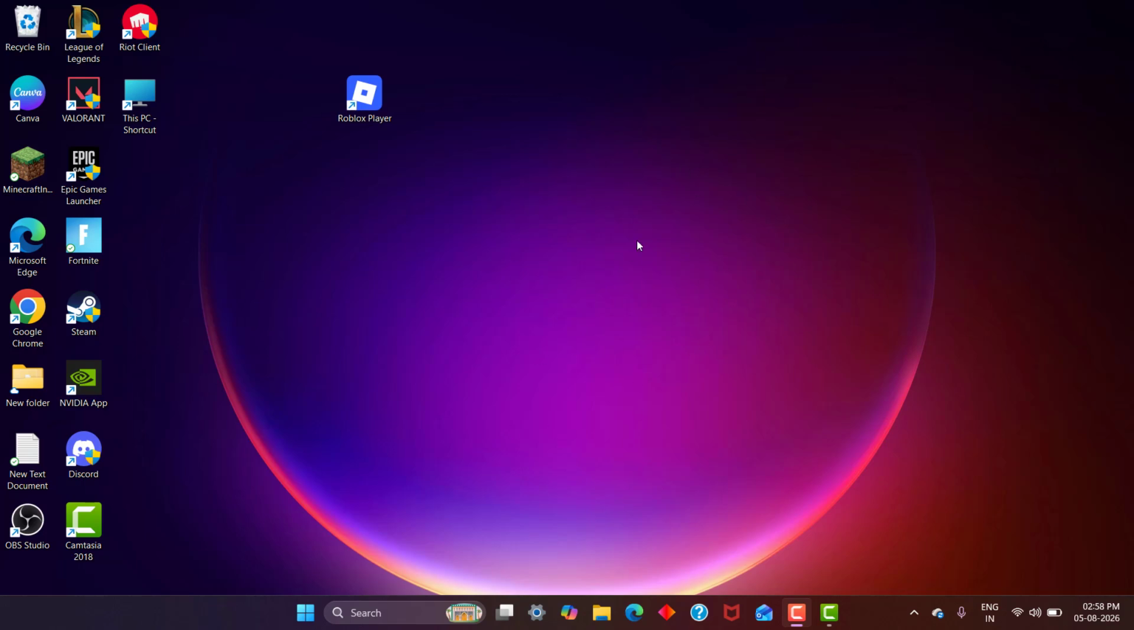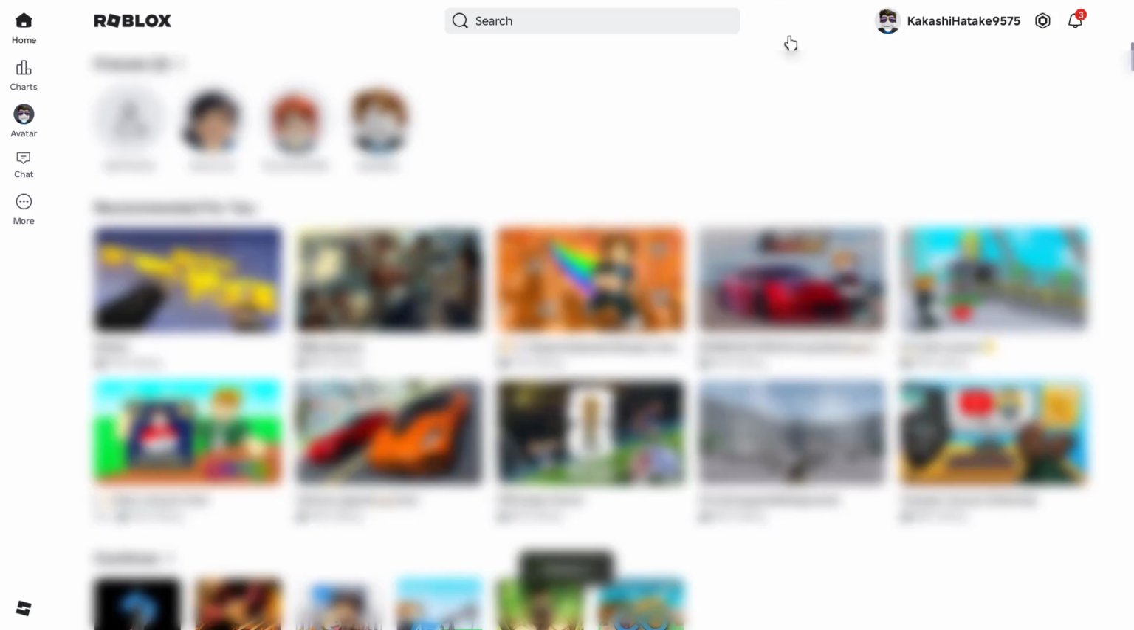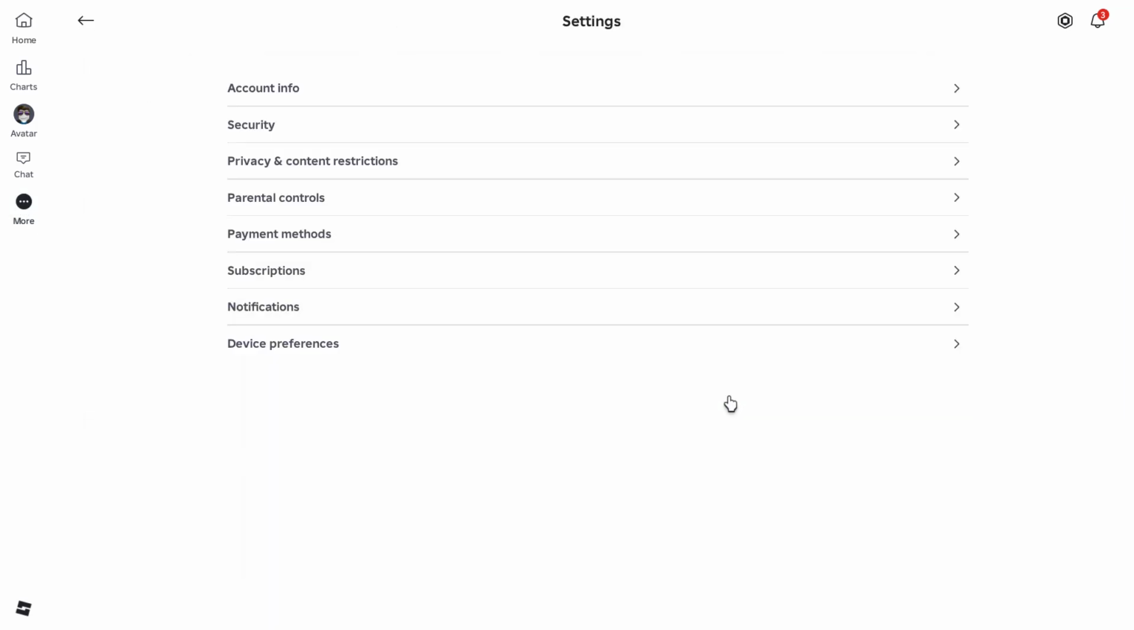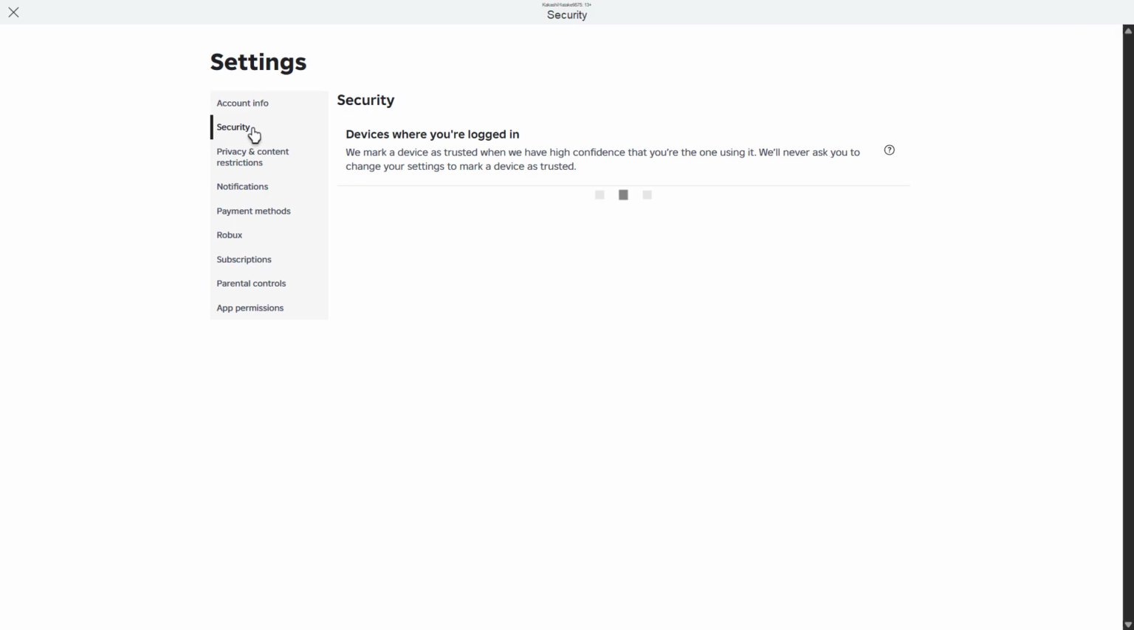How to fix Roblox crash? An unexpected error occurred. First step, open Roblox, click the three dot icon, click settings, click security settings, click it,